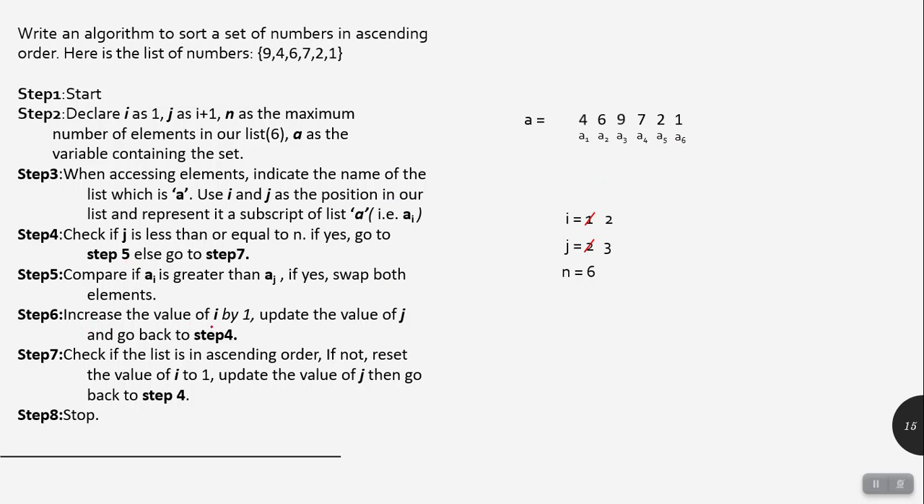Increase the value of i by 1, and then update the value of j. So j is equal to i plus 1. Since now i is 3, then j would become 4. And then go back to step 4. Check if j is less than or equal to n. Since j is 4, is 4 less than 6? Yes. So go to step 5 and then compare a